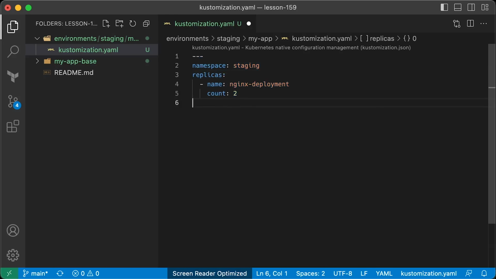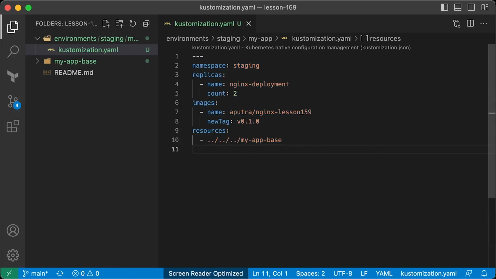For staging, we only need to create 2 pods, but for production, we may want to create 10 pods. To achieve this, you need to target the deployment by its name. In this case, the deployment name is Nginx deployment, and we need to set the replica count to 2. Additionally, we need to provide an initial image tag for Nginx deployment. Let's start with version 0.1.0. Finally, you need to provide the path to the My App base folder that contains all the Kubernetes objects